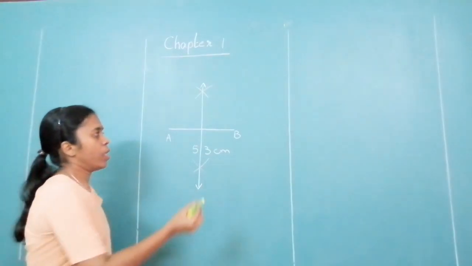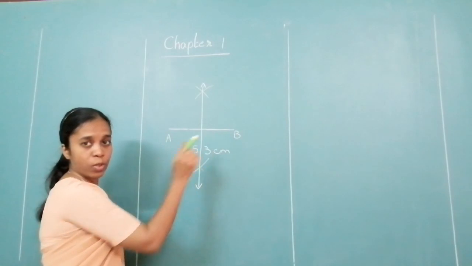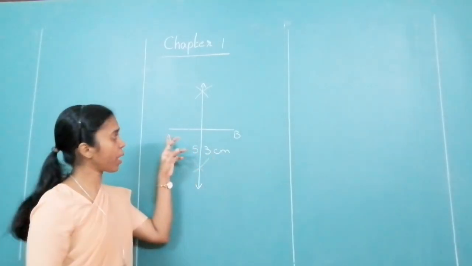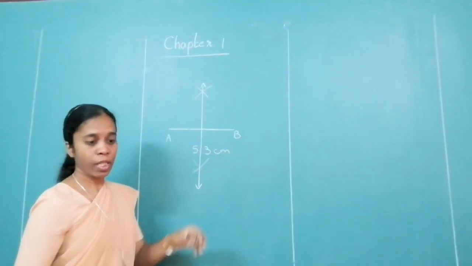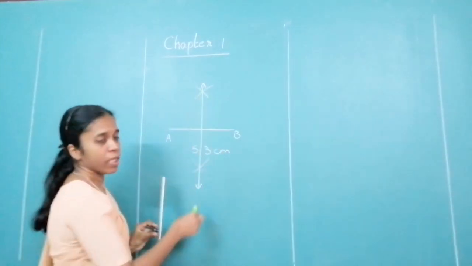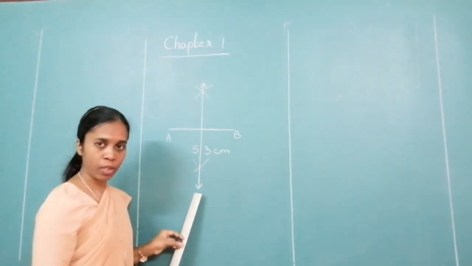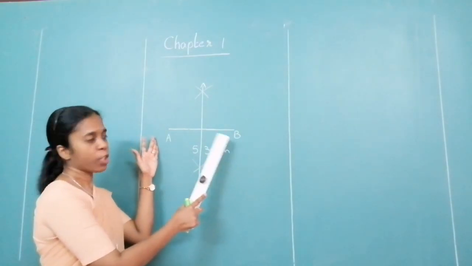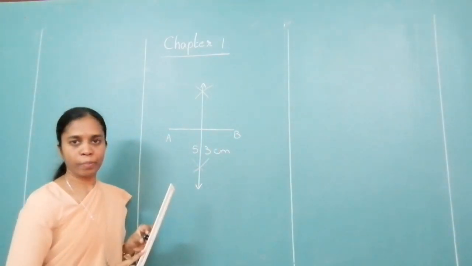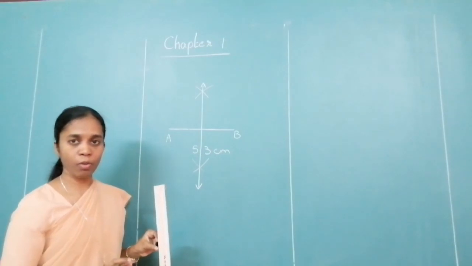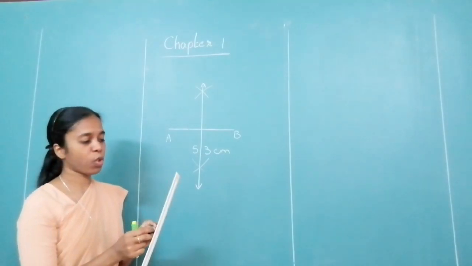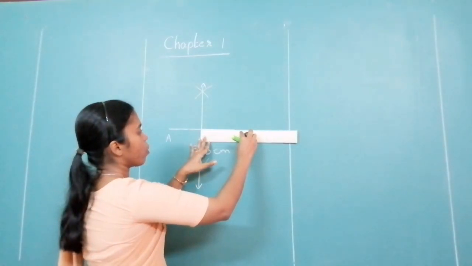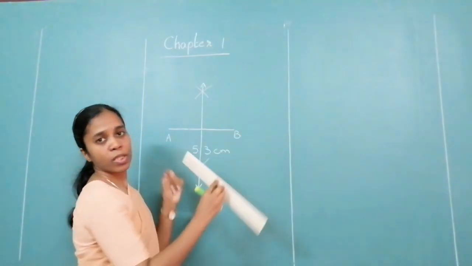Okay. Now this was a segment, so we have a particular value for that, 5.3 centimeter. So I am not putting arrowheads for it because it is a segment. Now what I have drawn is the perpendicular bisector, which is a line. So this line divides this segment into two equal parts. Now when I say two equal halves, how much is the half? Measure and see whether you got it. If it is 5.3, it will be 2.6 and a little more. I am getting 2.6 and a little more.